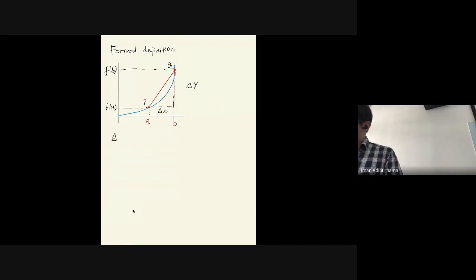So let's just write delta y over delta x. According to limit, okay, if we approach the delta x approaching 0, or in this case the b approaching a